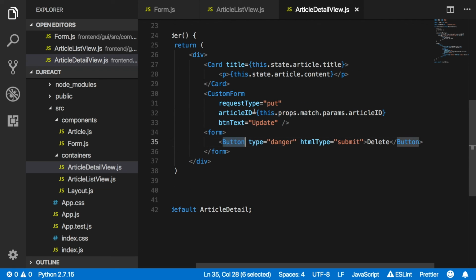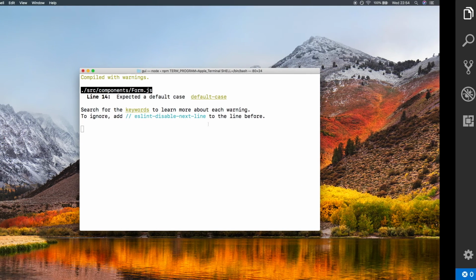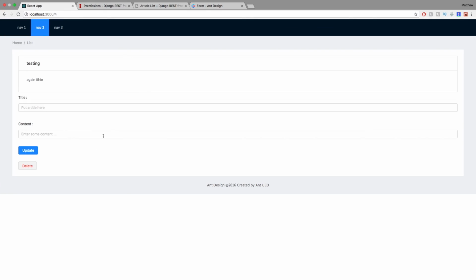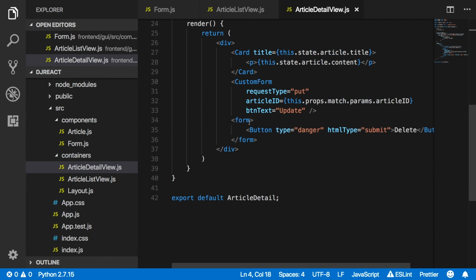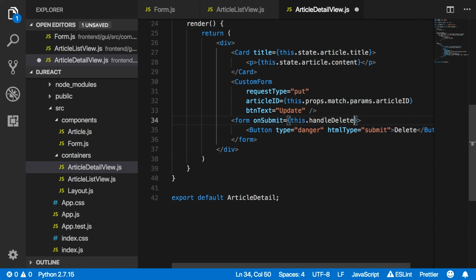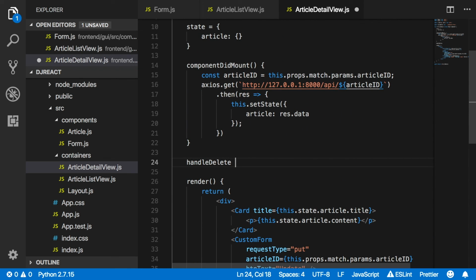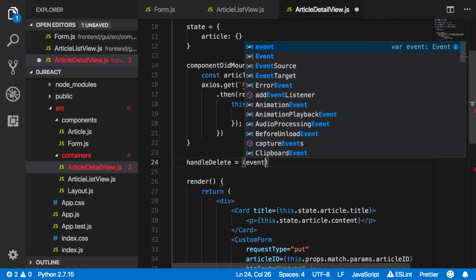And we're going to need this button imported, so we'll just come in front here. So button and card, see if that's working now. Now you've got delete, there it is showing there. And if we click it, nothing's going to happen because the form isn't being handled. So let's say onSubmit equals this.handleDelete, and we'll just take that method there, handleDelete, and it's going to take an event,